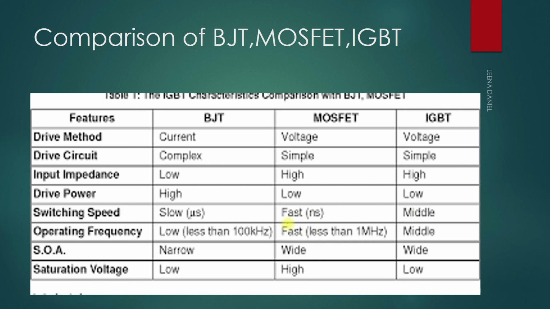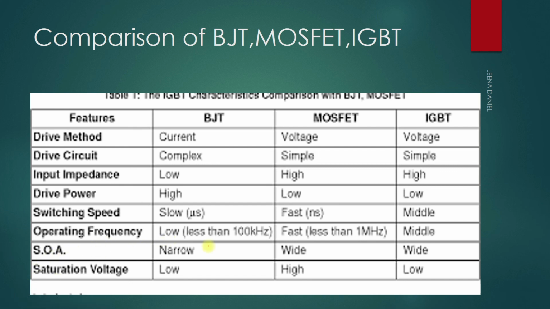Switching speed is very fast. MOSFET has a very fast switching speed, because these all are switching devices. And what is our basic requirement to use these devices? Only to get higher switching frequencies. When we switch or automate a circuit, we need a high frequency. So the speed of these switches is very fast as compared to the BJT. For operating frequency, BJT operates at low frequencies, less than 100 kilohertz, but MOSFET and IGBT are both used at higher frequencies.